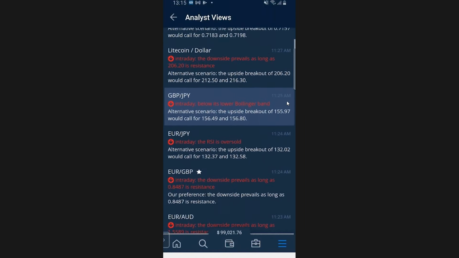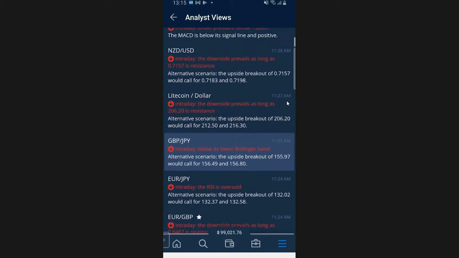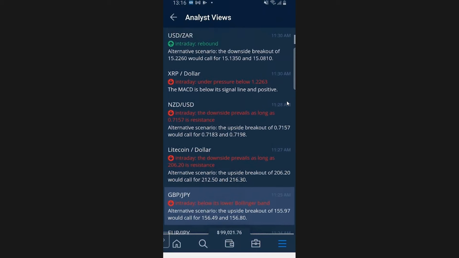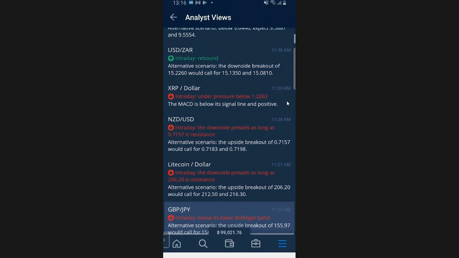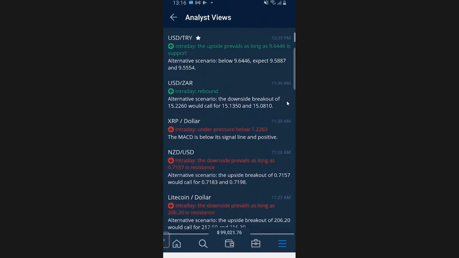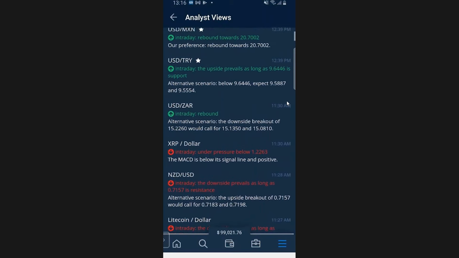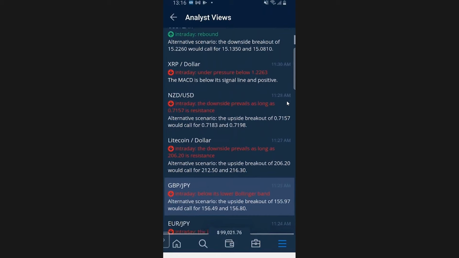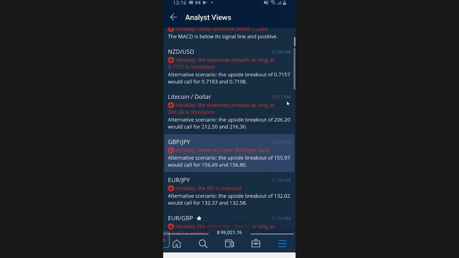Also, we understand that some of the fundamental news coming in today could affect the pound, with the Bank of England with some information coming out, and some large announcements coming out on the USD. So we might want to look for a USD pairing. We also might want to look for something that involves the pound. And so here we find the Great Britain pound, Japanese yen.